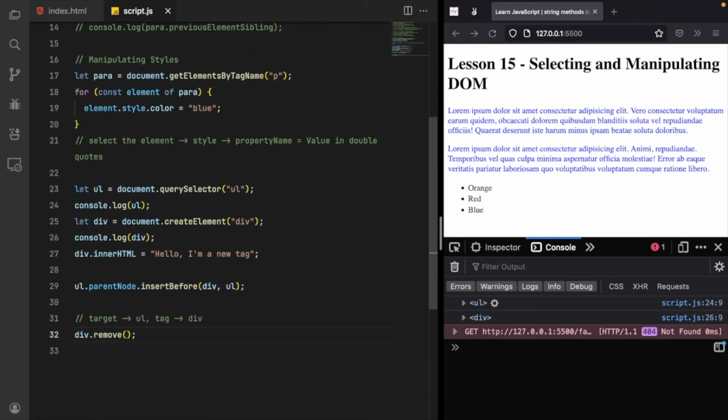So how can we add an element? We can simply add an element by selecting a target element where the element should be placed, and we have to simply use the create element method in order to create a tag, and we have to use the inner HTML in order to add a text to the particular element. And all we have to do is select the parent node and insert it before the target element. In this case, UL is the target element and the div is the element which we want to appear on the website. And when it comes to removing, it's just as simple. All we have to do is simply use the remove method in order